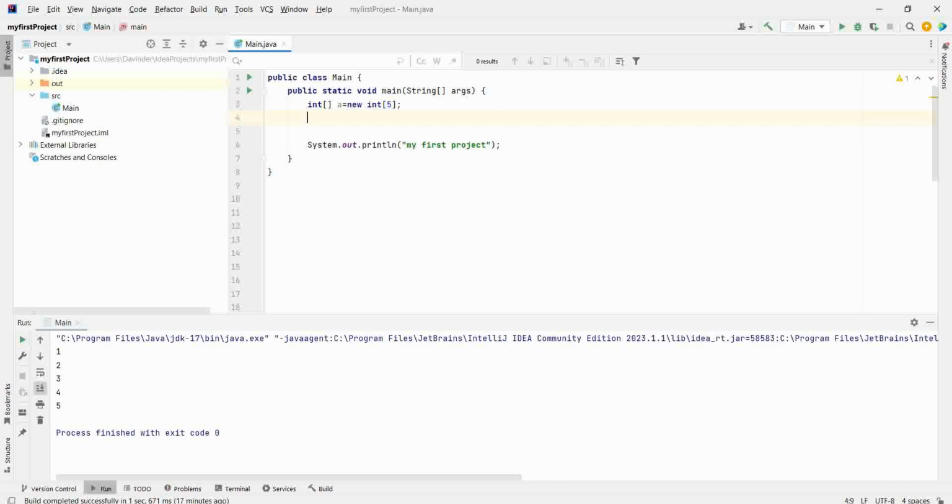Now I can save multiple values in variable a: at index 0 I want to save value 1, similarly at index 1 I want to save value 2. Likewise, I can save up to index 4, like 0 to 4, because the size is 5.